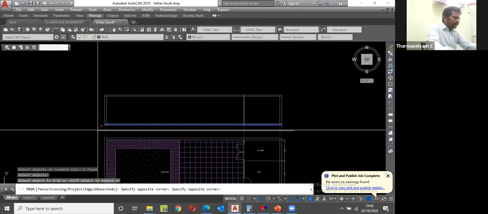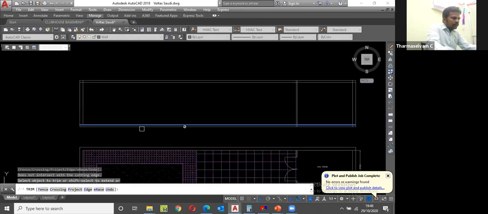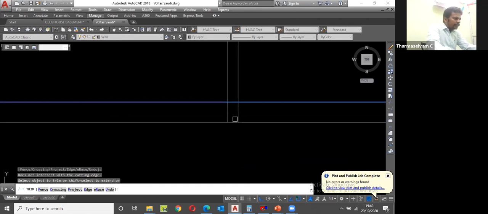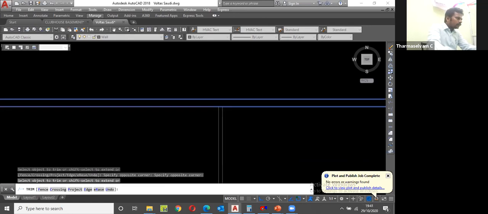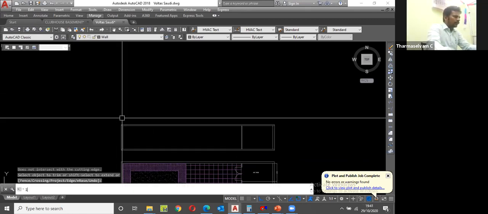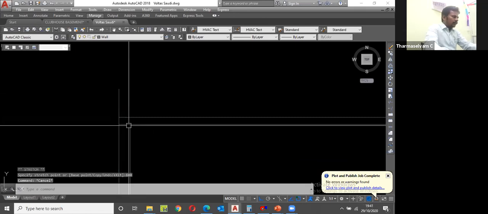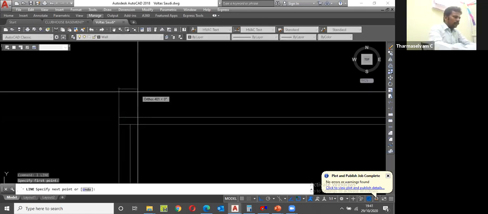In between this wall line, you have to trim from the concrete. These wall lines you have to trim from the concrete, and this line also. Then here also you have to trim this wall line. Then above, you keep the 600 mm parapet wall height. This one you can stretch, 600 enter. And this is the wall, 230.